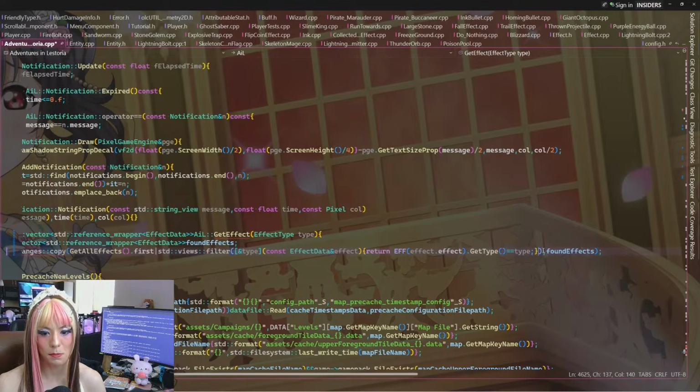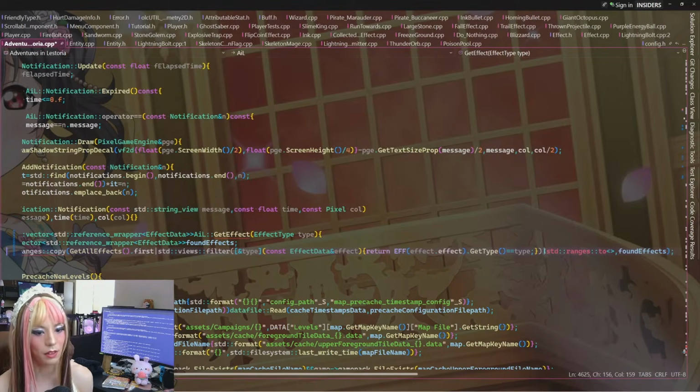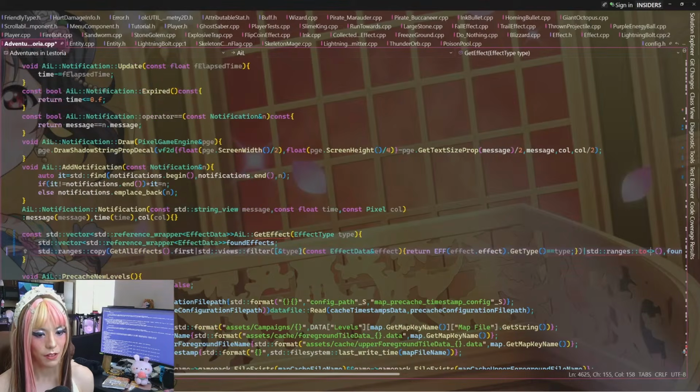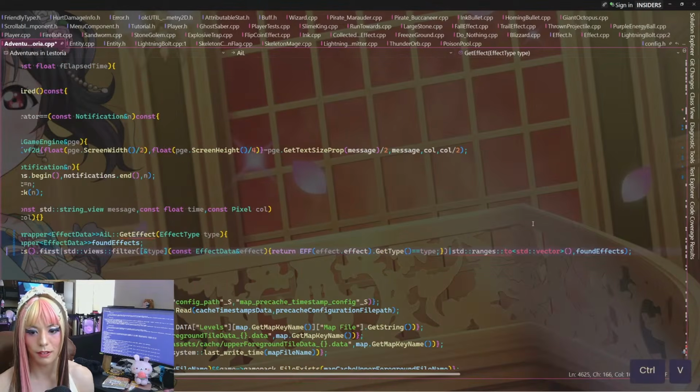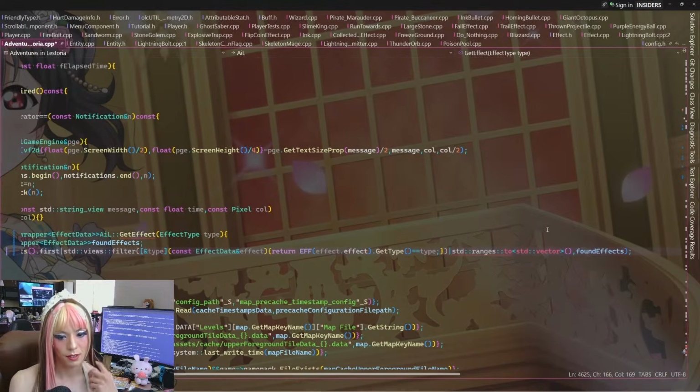Oh, I have to turn this back into a range, I guess. So standard ranges 2. We want a vector of reference wrappers to effect data. I think last time I did this, I was able to auto-deduce it just by putting vector, though. Like, it figured out the rest.